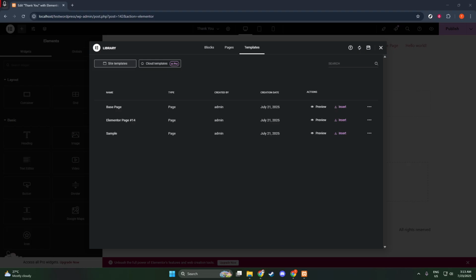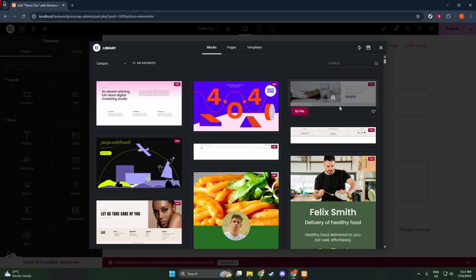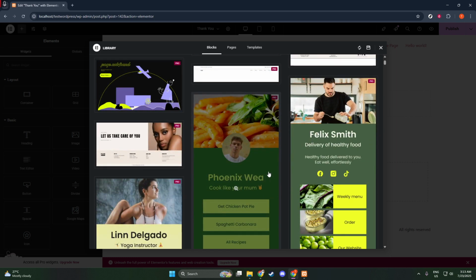First, we have blocks. Blocks are pre-designed sections, thoughtfully crafted to serve various purposes on your page. These sections can be anything from gallery displays to call-to-action areas or testimonials. Utilizing these blocks can save you significant time and effort, since they are ready to be integrated into your design